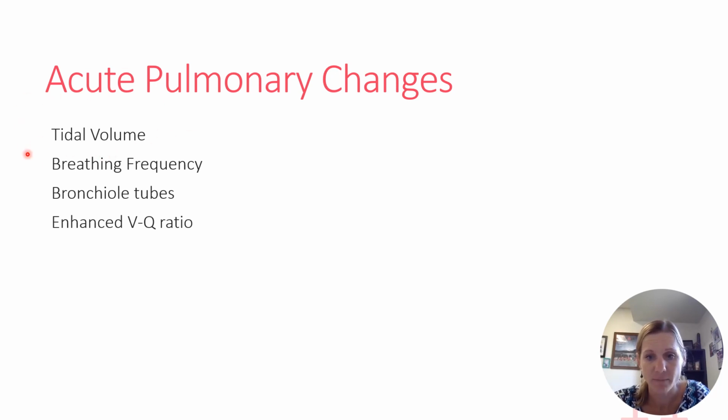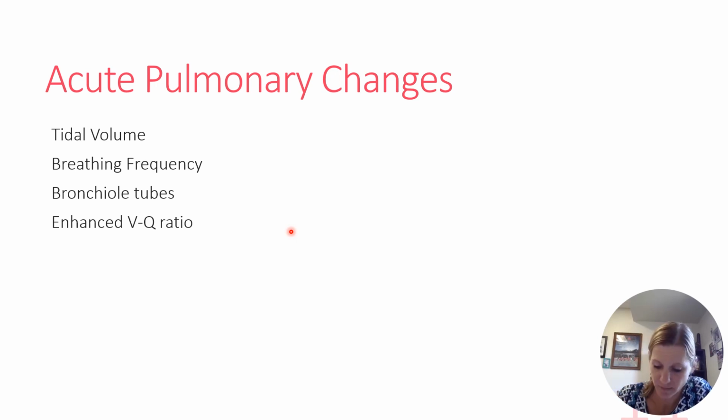What is tidal volume? Tidal volume is the amount of air that I bring into my lungs in any one given breath. Okay. Breathing frequency, how many breaths am I taking per minute? Average is about 12 breaths per minute. Okay, the bronchial tubes, what are they doing? The bronchial tubes are the tubes that come into the lungs and allow us to deliver that air, that oxygen, to the terminal units of the lungs. So they're the tubes that are going to lead us down the path.